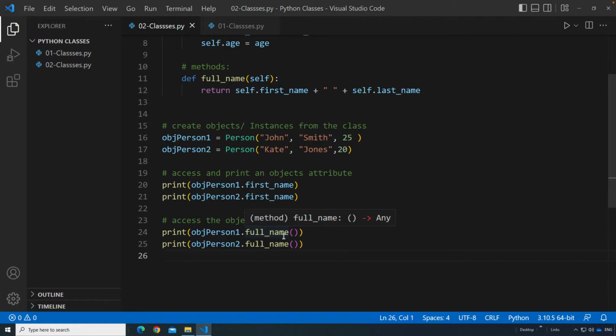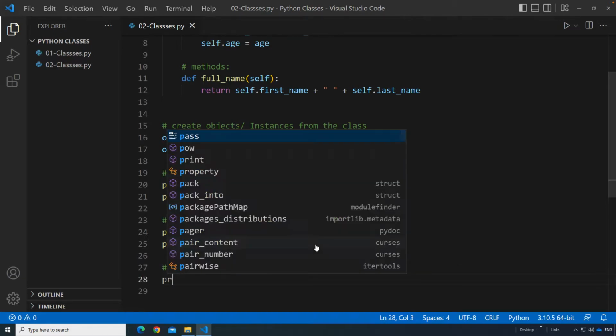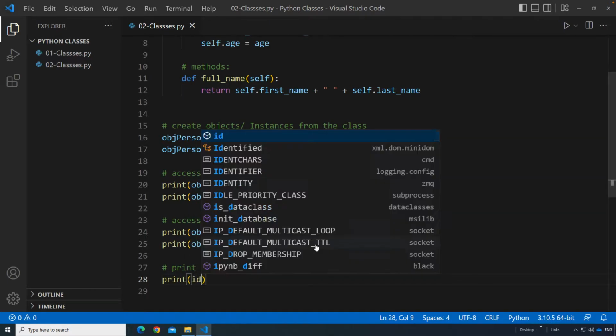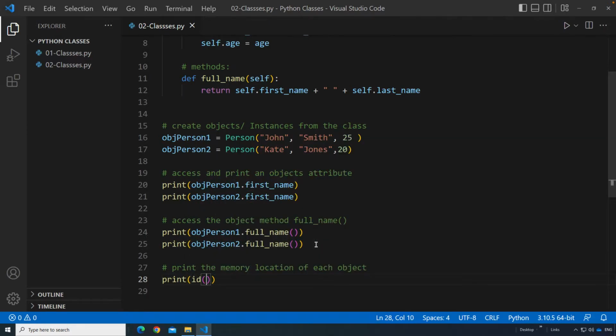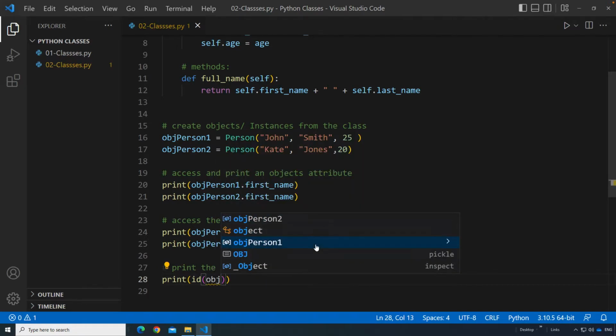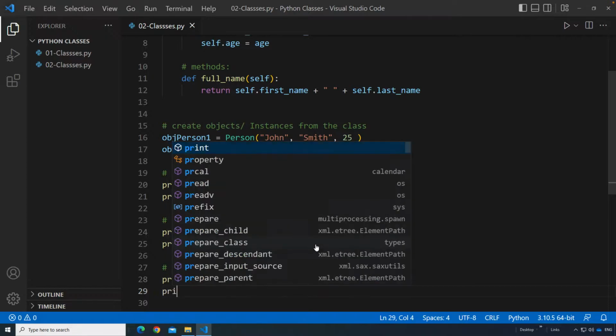Okay, I did a save as for that 01-classes.py, and saved as 02-classes.py. What I want to show you is something interesting: we can print the memory location. When we create objects, or for that matter variables, they all live at an address in memory, and we have access to that address by using the id function. Inside of there I'm going to put objPerson1, and then let's try